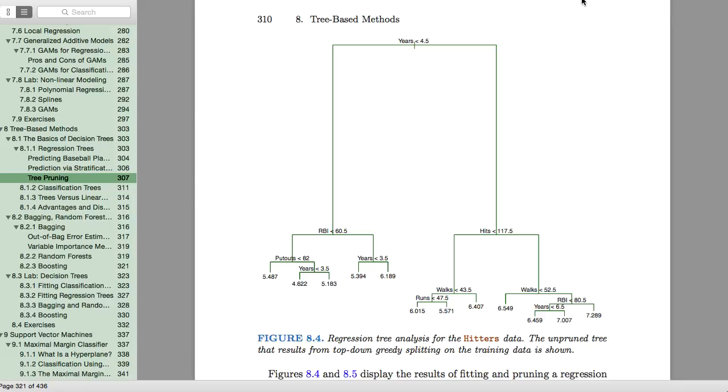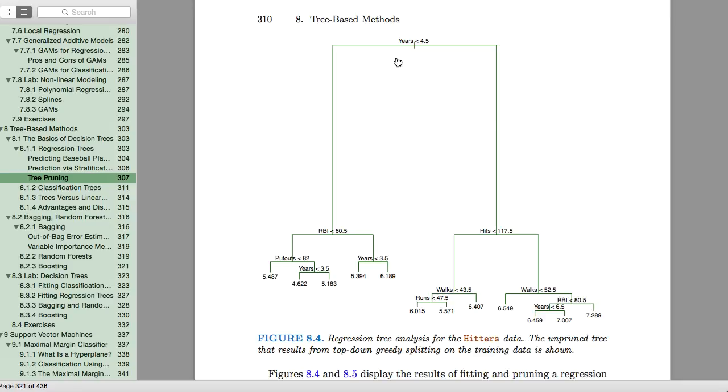And you can build a regression tree with a cutoff. A cutoff could be some number of leaves. It could be some fraction of the observations in each leaf. It could be a cutoff of RSS or MSE. So there could be various cutoffs. But anyway, this is a complete example. Now you'll notice it says in the caption that it's an unpruned tree